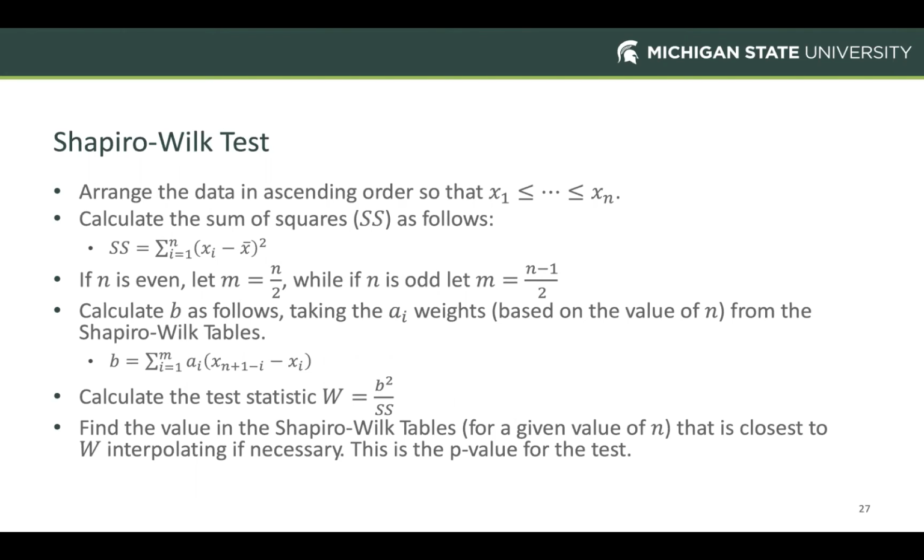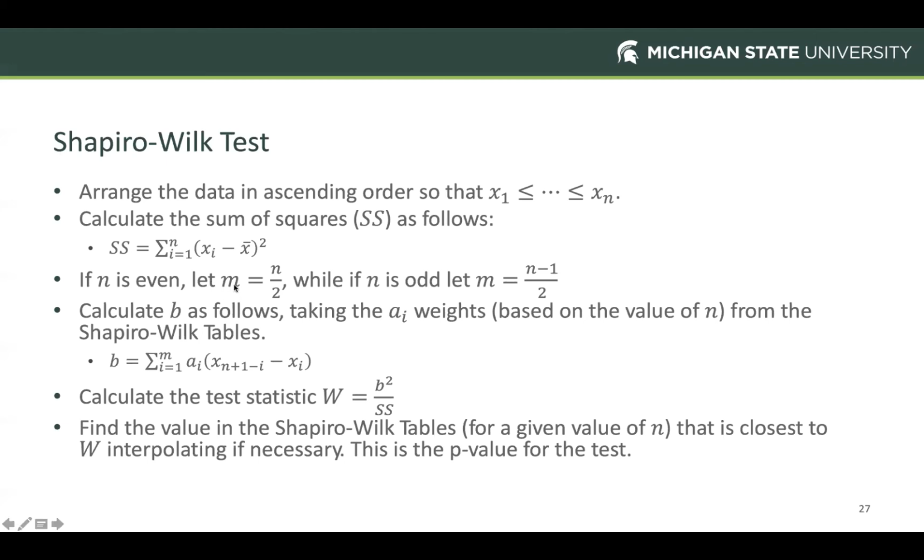So we're going to define that as m here. If our sample size is even, we're going to let m be equal to n over 2. While if n is odd, we're going to set m equal to n minus 1 over 2. And it will become evident in a minute why we're doing that. So this m